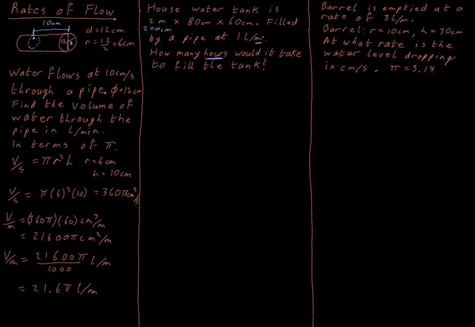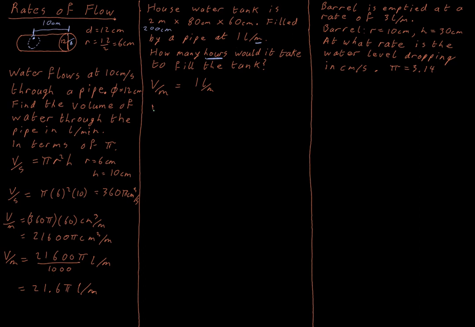We have a particular volume coming into the tank every minute, and then we have a particular volume we need to fill. So if we figured out the volume as centimeters cubed per hour and then divided it into the volume of the tank, then we would get the amount of time it takes to fill the tank. So let's do that. We need to convert this flow rate, this volume per minute in this case, 1 liter per minute,